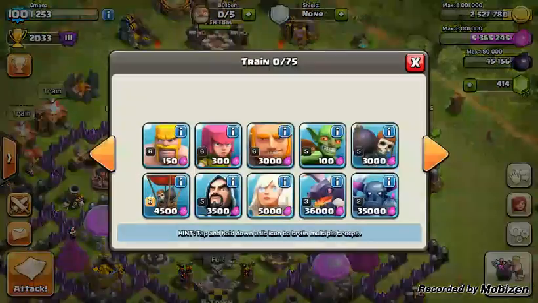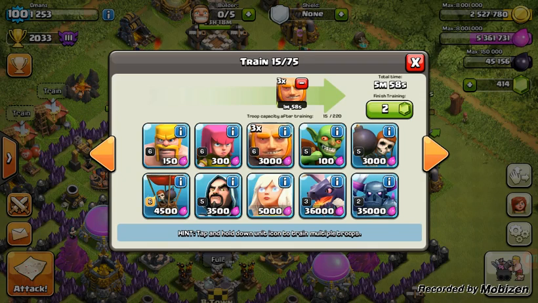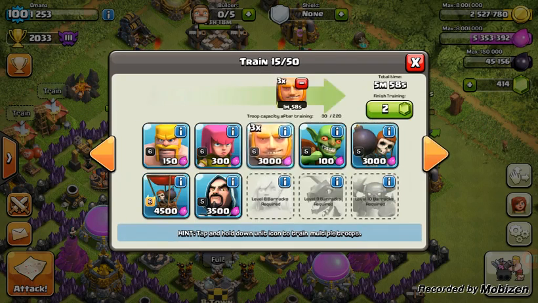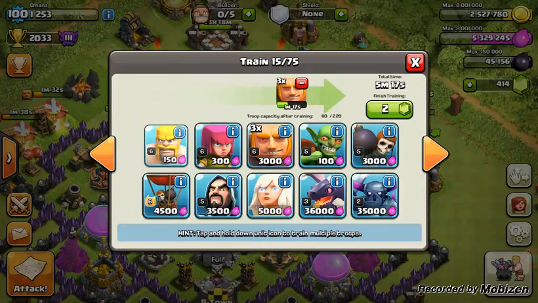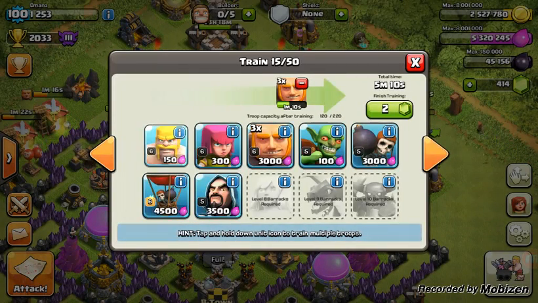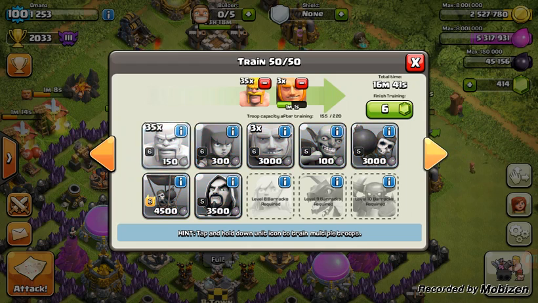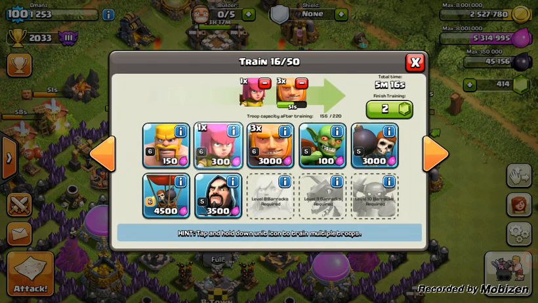And what I do is I make 12 giants. So I make 3 giants on each barrack while they're boosted, and then 1 capped with barbs, or 2 capped with barbs after the giants. I don't even use wall breakers because that just takes longer, and then 2 capped with archers. And